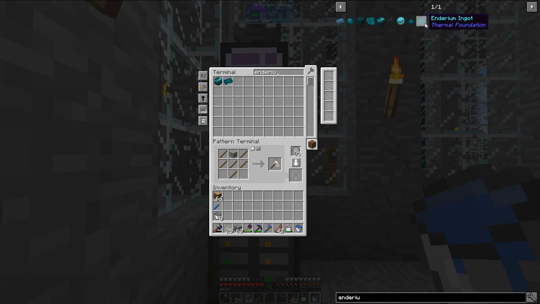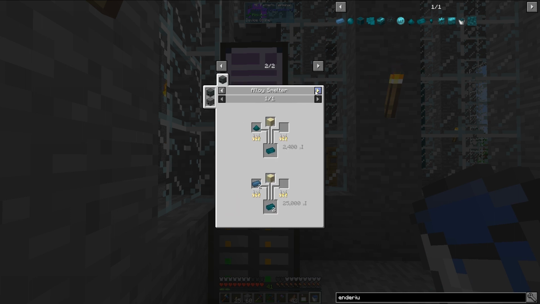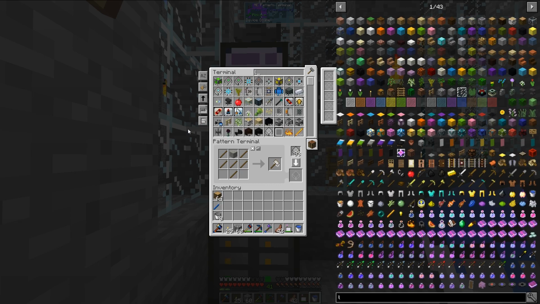To make Enderium ingots with the alloy smelter, first you need the Enderium base, I can't even say this, and then sand. But to make the Enderium base, you need lead, platinum, and ender pearls. So let's go ahead and do that. To make,